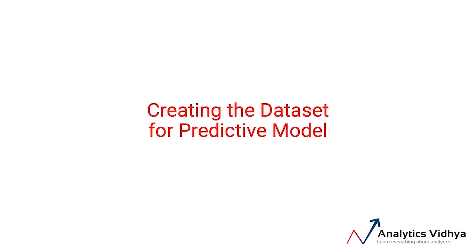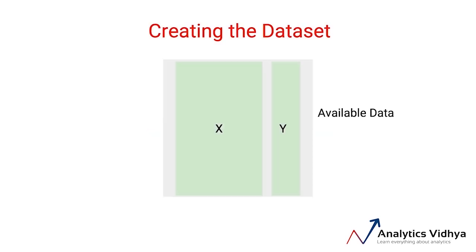In the last video, we saw that the first step in creating predictive models was to get the dataset ready for your models. So let's see how we get that. Let's assume that your entire available data is represented by these boxes, and you have identified which